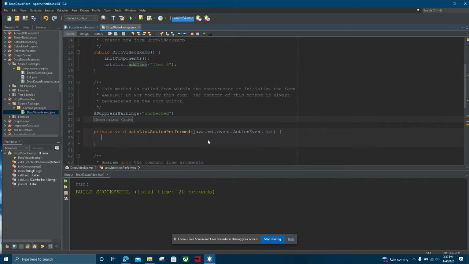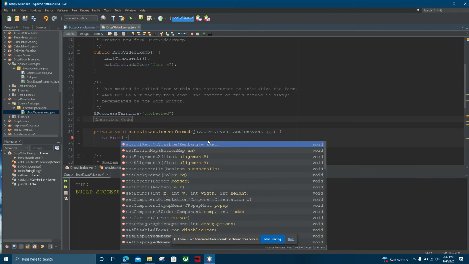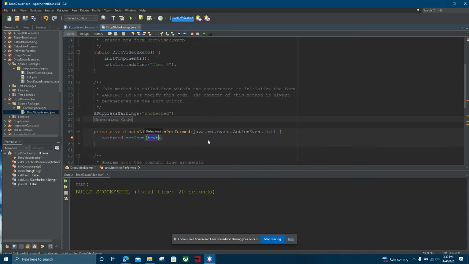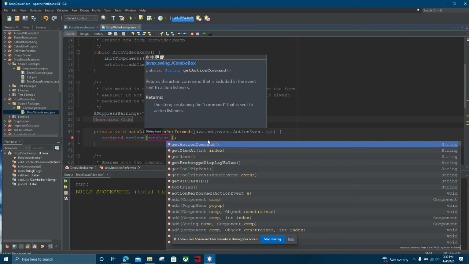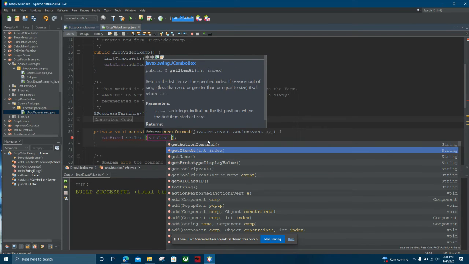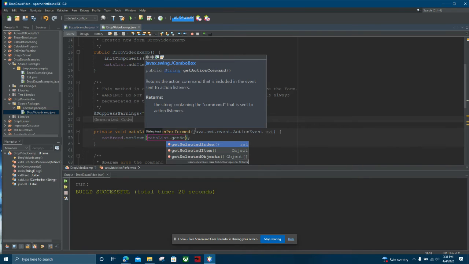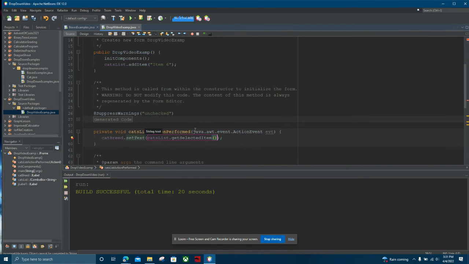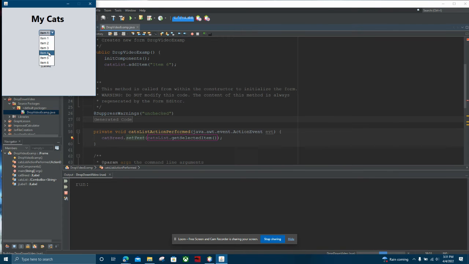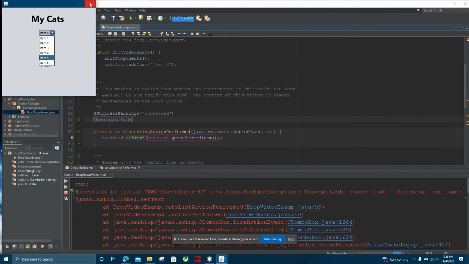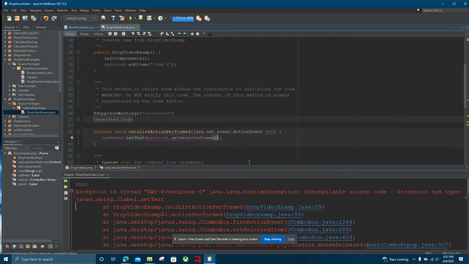ahead and change its text. So we're going to do cat breed set text, and it's going to set it. And so what we're going to do is cats list dot, let's see here, it's get selected item. There we go. And that'll populate it in there, and we'll be able to do just fine. So now whenever we click on this, and then we select item 4, we get a nice little error. The reason why is because I want you guys to see something, that whenever you get selected,